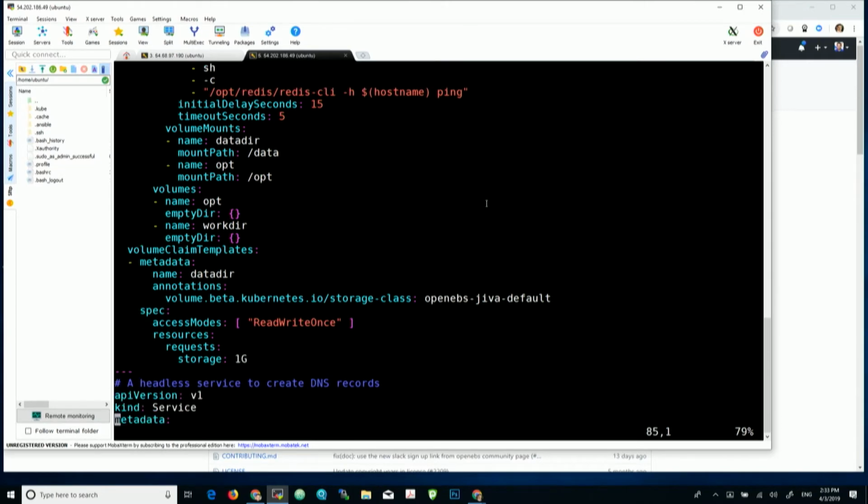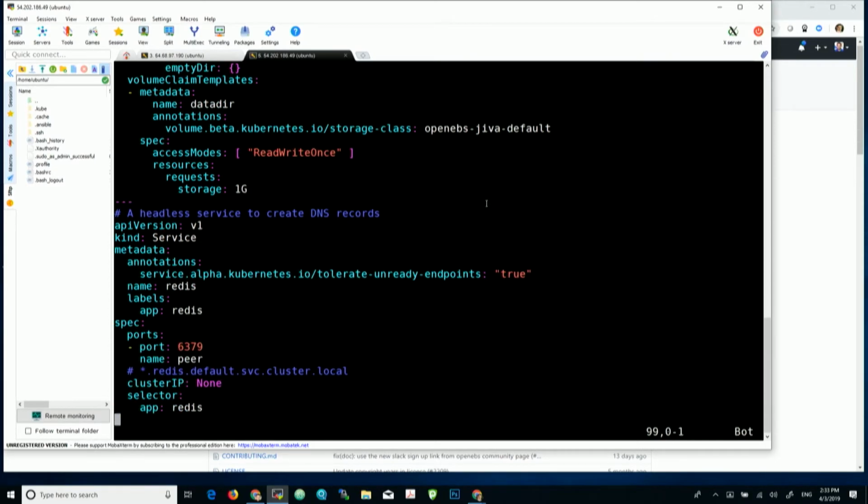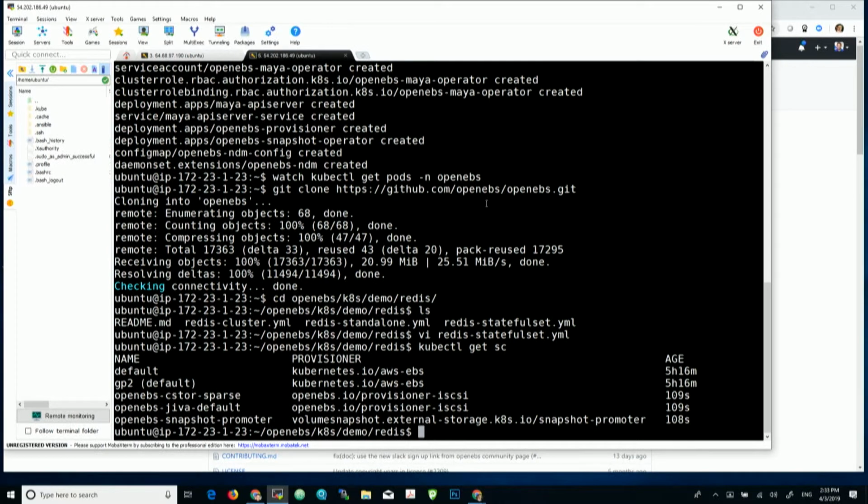storage class. So I want my Redis stateful set to use this OpenEBS Jiva default. We have some default storage classes created for simplicity. Use this and use 1 gig and also create the service. So let's very quickly kubectl get storage classes. I have this OpenEBS Jiva default. If you look into what's in that storage class,